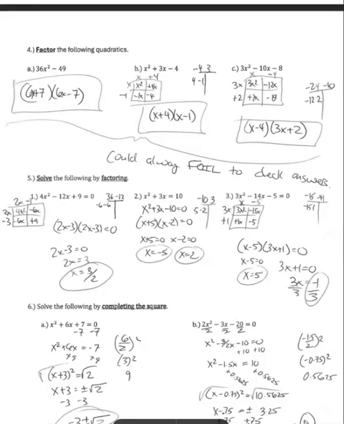You get your winning pair. I'm starting to get used to the box method, so I've been doing that more often. And you end up getting x minus 4 and 3x plus 2. You are not solving this because it is not an equation, so you can't solve it. Those are your answers. Those are the two things that would multiply together to get 3x squared minus 10x minus